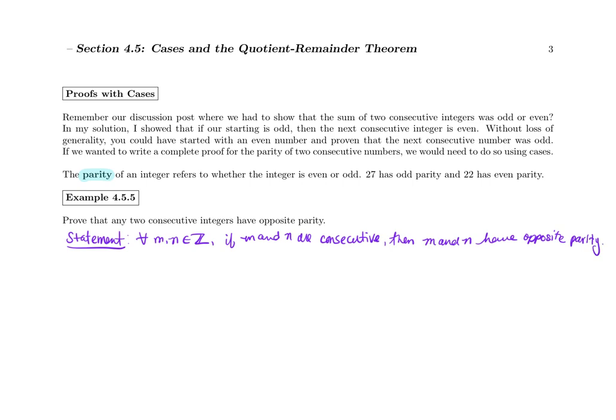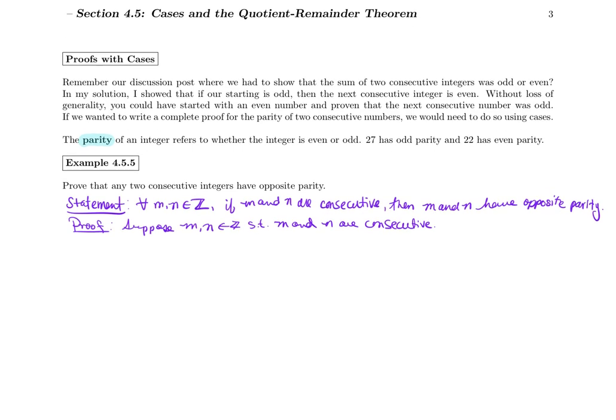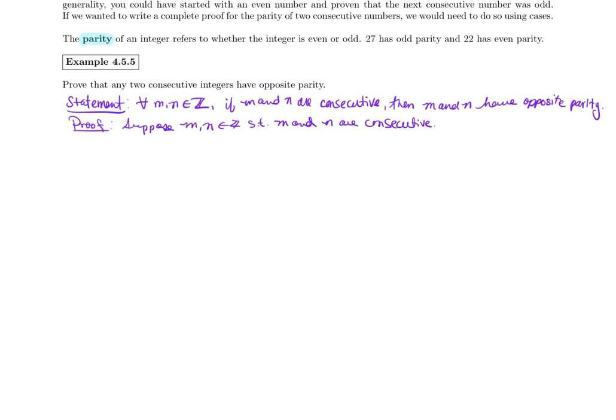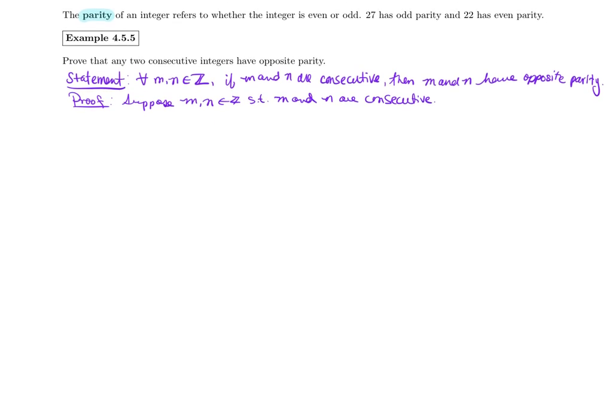So let's get to our proof. The only thing we can really suppose first off is that m and n are integers such that m and n are consecutive. In case we have someone reading our proof that doesn't know what consecutive means, we're actually going to go ahead and add in a definition for consecutive for our reader. So we would say by the definition of consecutive,